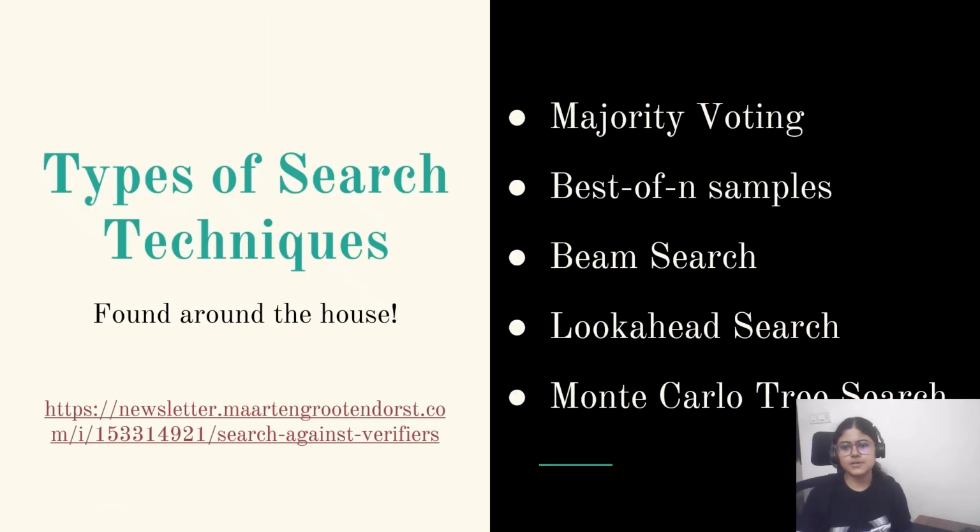There are certain search techniques which have been researched over the years, and essentially we can divide them into two categories. Search against verifiers is more output focused in nature: you sample the generations and then select the best answer out of them. The other one is modifying the proposal distribution, which is more input focused and trained on the thinking process, how you need to tune the model's thinking process. So let's discuss them one by one.